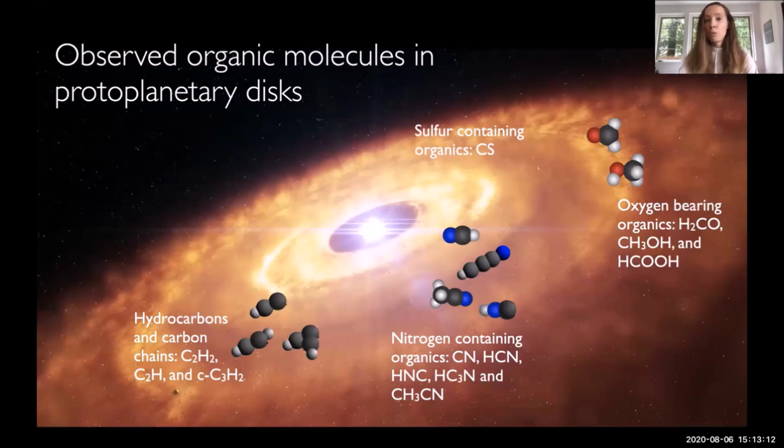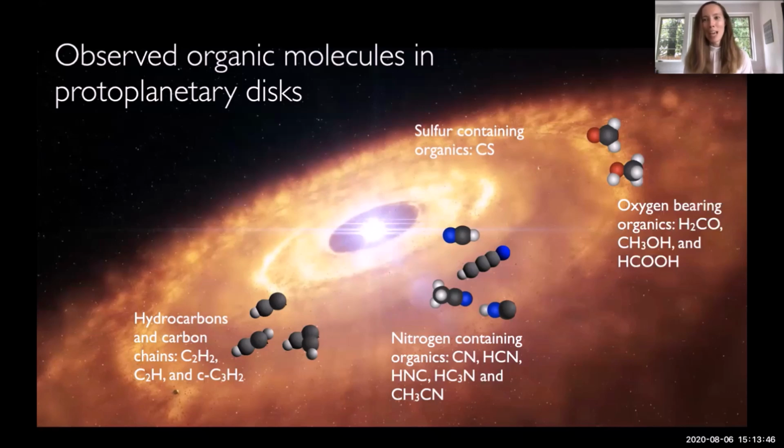We have seen quite a few organic molecules in disks, most of them with ALMA, including the 4 major families of organic molecules that we in general see in space. So hydrocarbons, nitrogen-containing organics, sulfur-containing organics, as well as oxygen-containing organics. Perhaps extra exciting is that among these organics we have detected is hydrogen cyanide, which for those of you who